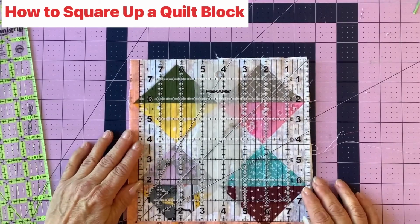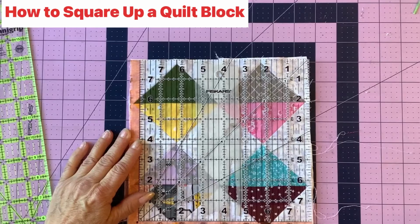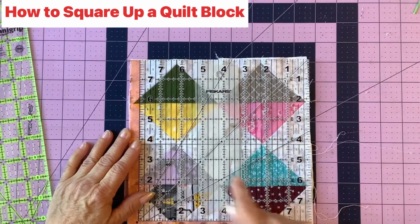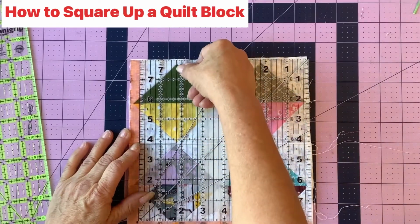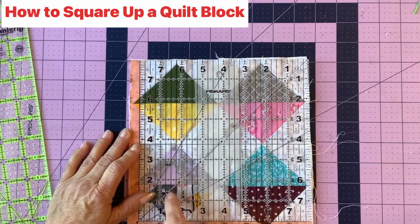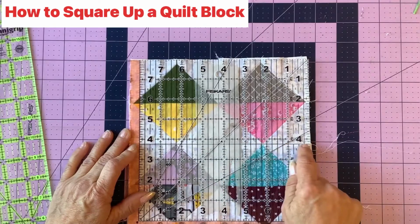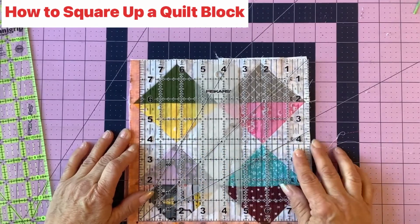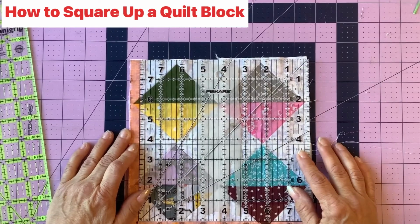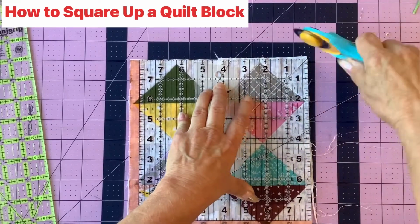What I do is I center the ruler over the block, trying to make sure that if there's excess, it's equal amount of excess on all 4 sides. And I also try to line up my lines, like this line right here matches the seam line in this block, and again going this way, trying to match the center line of the block with this line here. The goal here is to make sure that when you trim it, you trim the same amount on all 4 sides. So now I take my rotary cutter and I'm going to trim down one side,